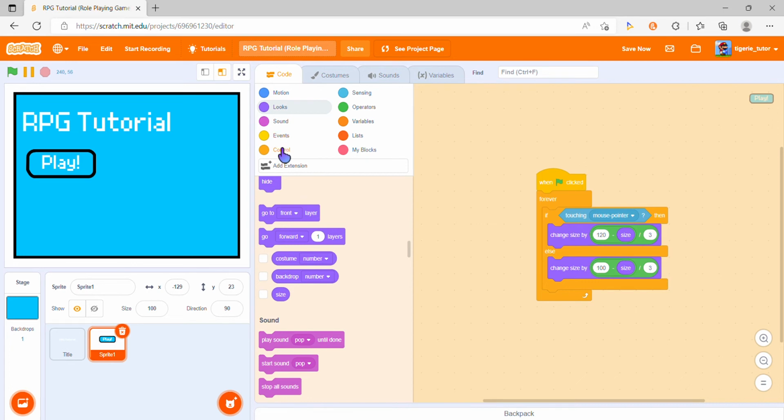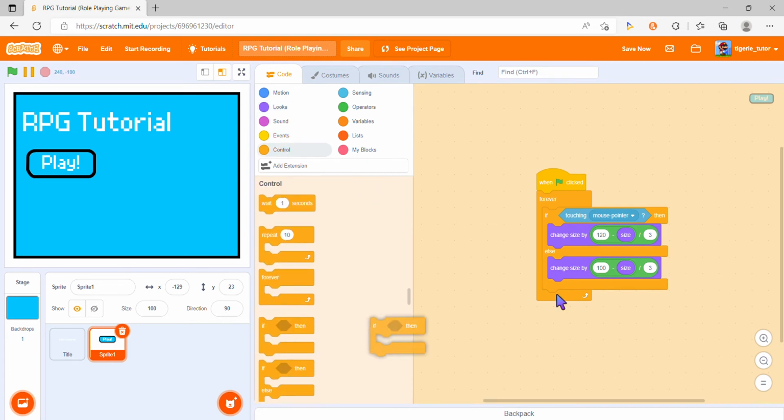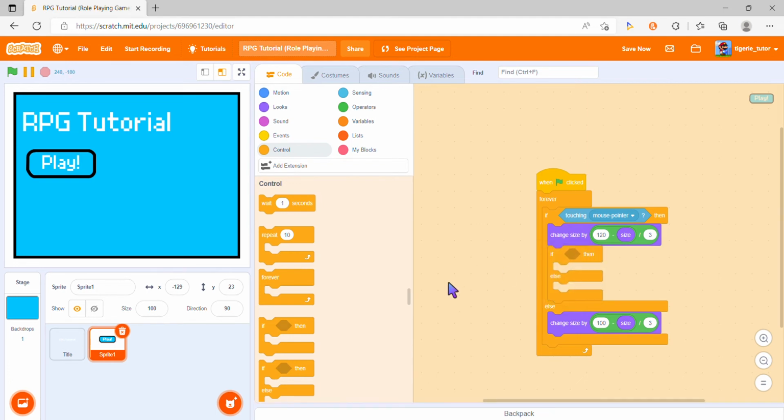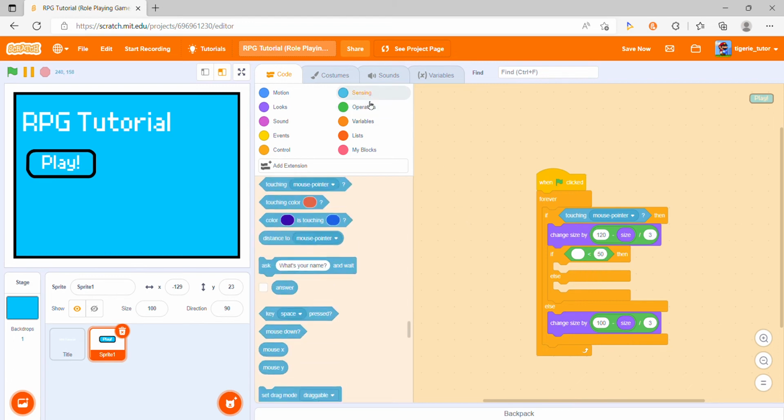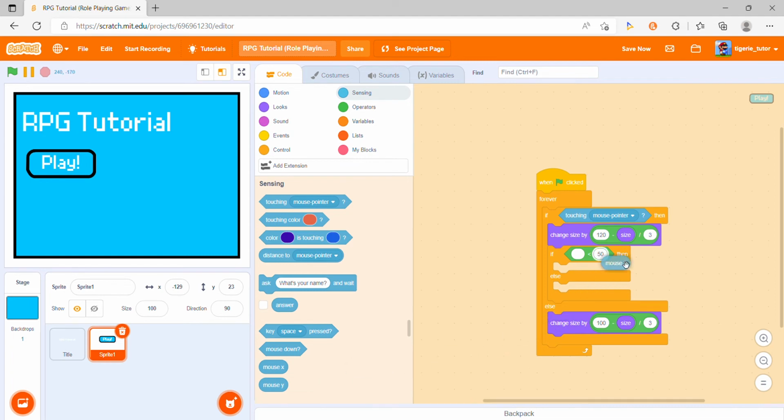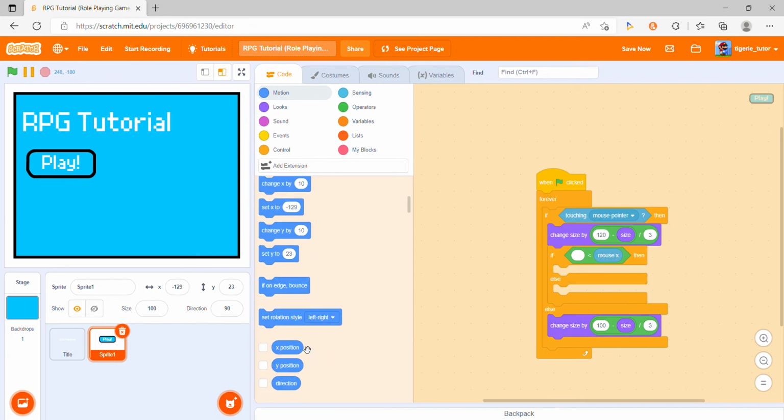So now we can go to control, get an if then else again, and put it inside touching mouse pointer. Then go to operators, and then we get a lesser than operator, or else you can see that the alligator's mouth is facing left. Here this alligator's mouth is facing left. So like that. And now here we go to sensing and get a mouse x variable like thing, and go to motion, go down, get an x position